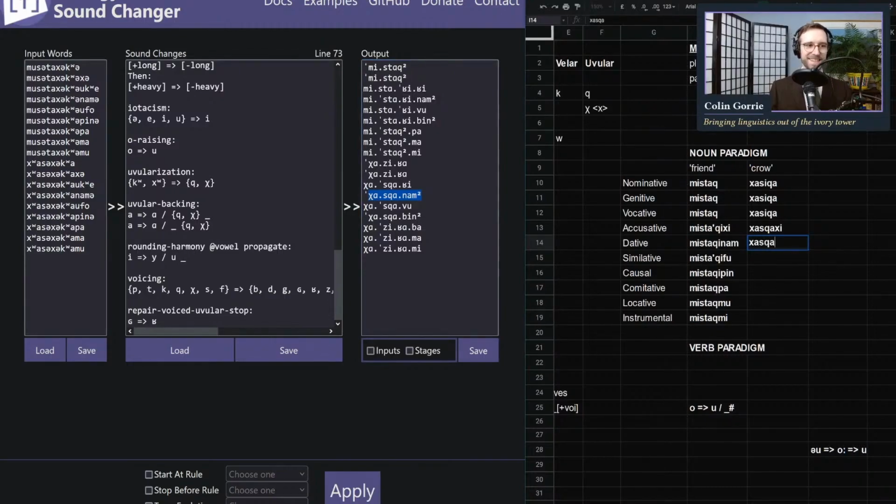I really like the sound of this. Haskari, chaskanam, chaskavu. So just so we're marking the irregular stress, or not irregular, but the unexpected stress. Chaskabin, and then